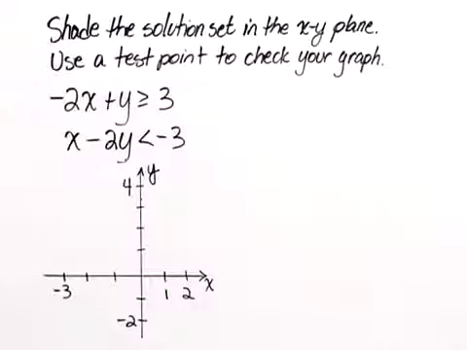Shade the solution set in the xy plane. Use a test point to check your graph. We have the system negative 2x plus y is greater than or equal to 3, and x minus 2y is